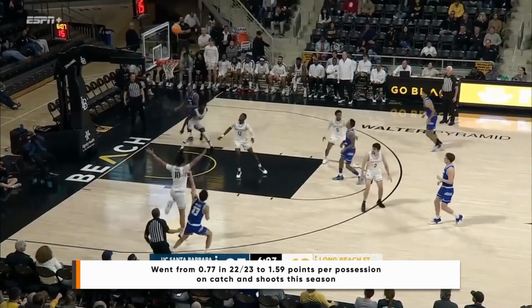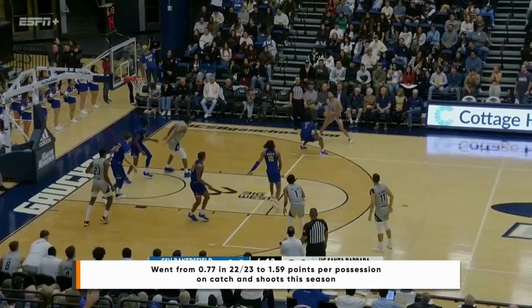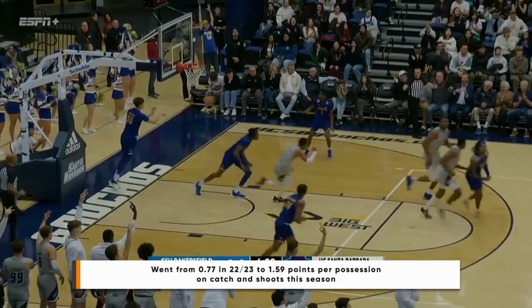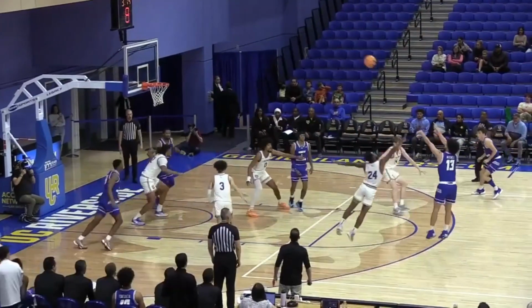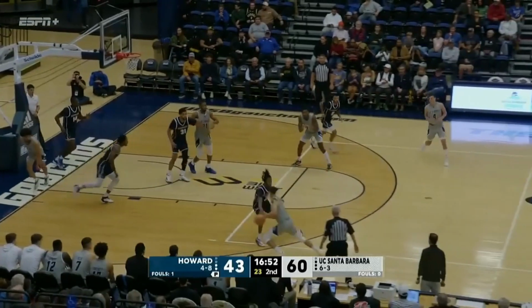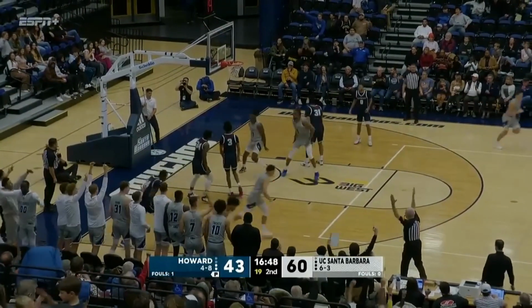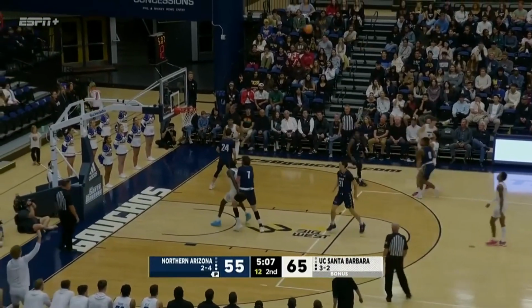Not hesitant to pull the trigger off the catch, he showcases a compact shot with little to no waste of energy going up and quickly turning a catch into a release. His release is a bit low as he shoots going forward, but the efficiency skyrocketed from last season to this one, doubling his points per possession on the same volume. Still shows inconsistencies in his mechanics at times, but seems to be trending in the right direction as an off-the-catch